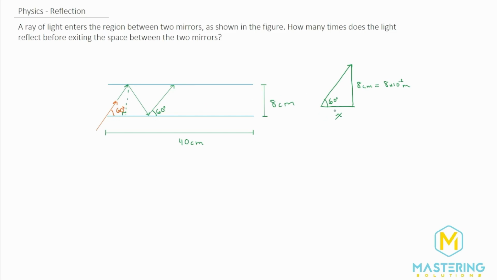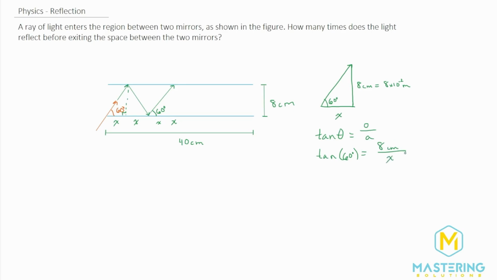In order for us to figure out how many times it bounces, the x is what's most important, because we're going to have one x here, another length x there, and so on as it goes down. So we need to figure out how many x's there are along this whole tube length. We can use some trigonometry to solve for x, and we can use tangent. The opposite of the angle is the 8 centimeters and the adjacent is x. So tangent of theta is equal to the opposite over adjacent. So tangent of 60 is going to be the 8 centimeters